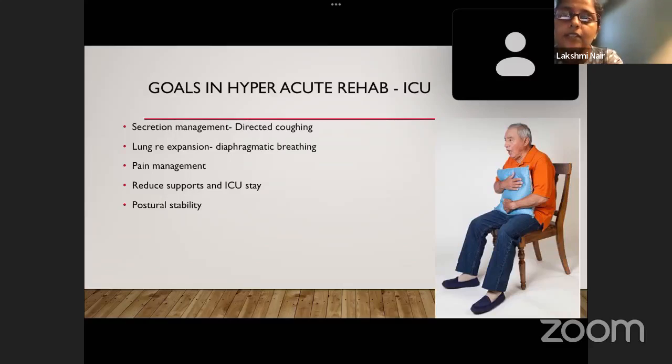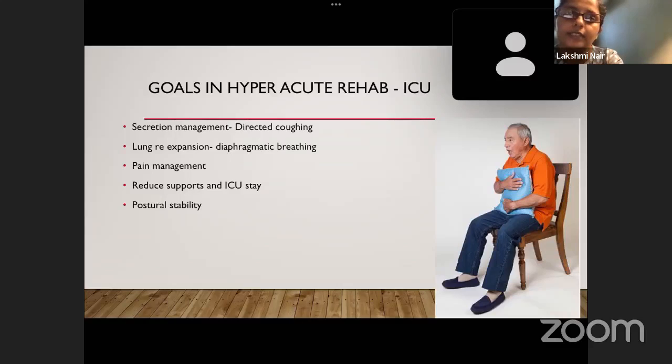So lung re-expansion, especially in the tracheostomy patients, diaphragmatic breathing exercise helps a lot. Keep their hand on the abdomen and ask them to take a deep breath, looking at the hand. Also, huffing techniques you can make use after taking 3 deep breaths in. You can ask the patient to huff twice. The pain management is extremely important to have good results. Always remember, mobilizing out of bed is the best chest physio.